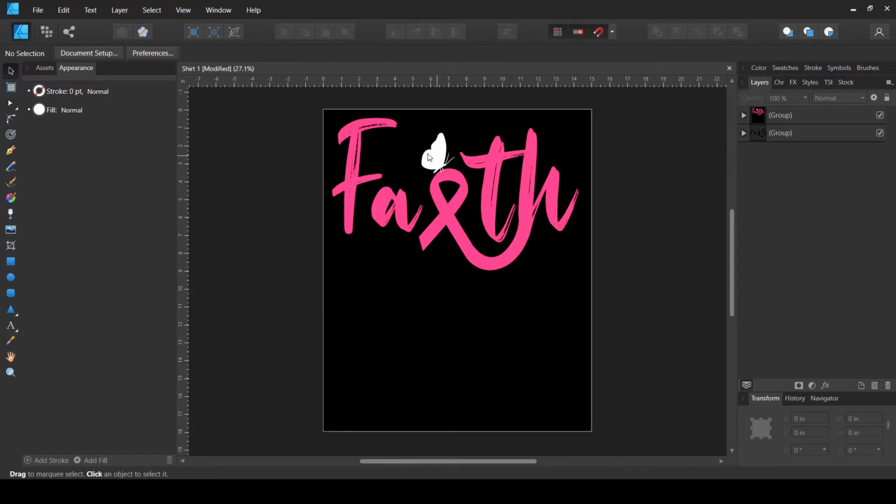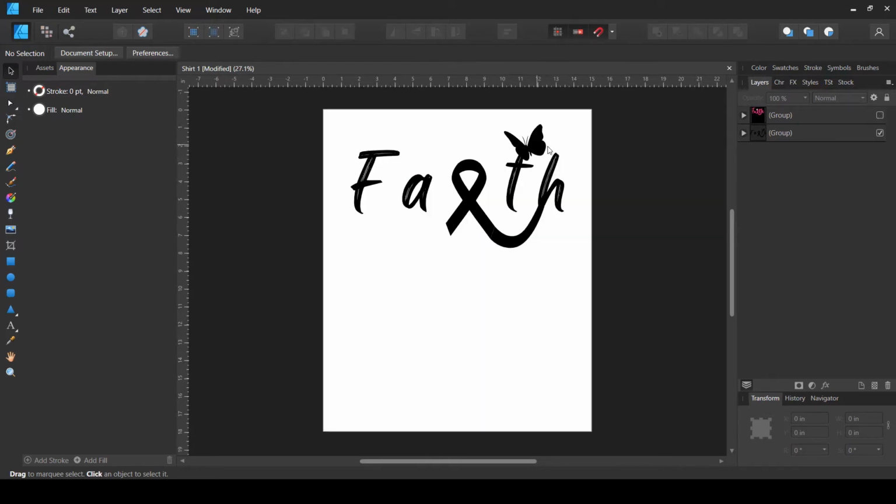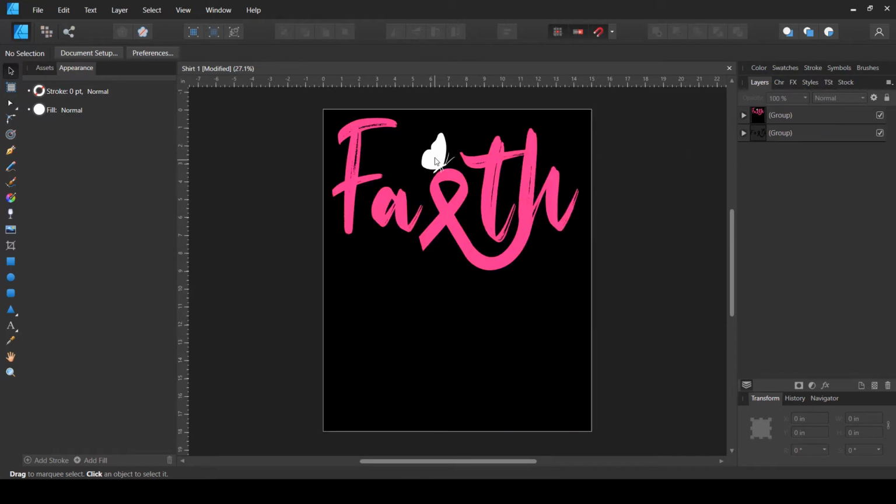The second thing I did was change the butterfly a little. I used the same butterfly, but instead of viewing it from this angle, I chose to view it from the side and put it on this ribbon, kind of making it like a dot on the i, so FAITH. It represents the dot on the i, and I have chosen the pink color and the white color. The pink color is simply for breast cancer awareness month.